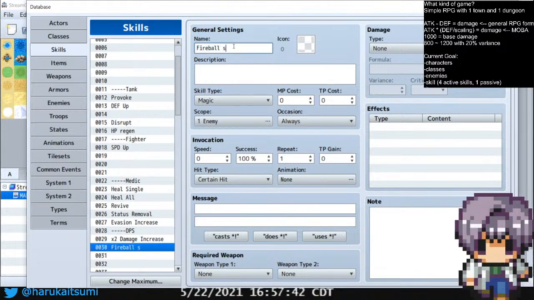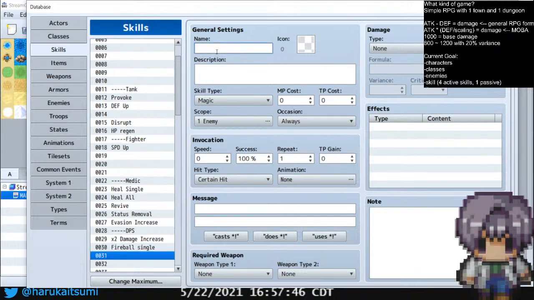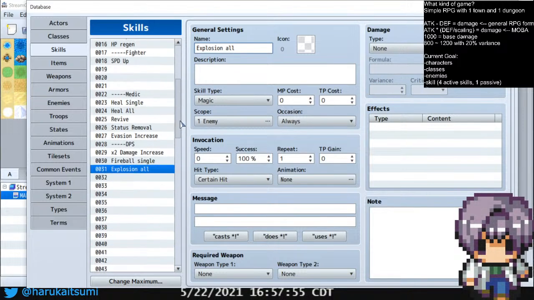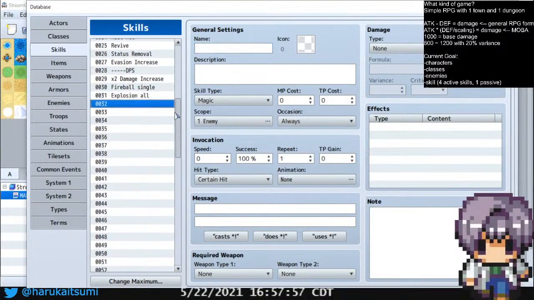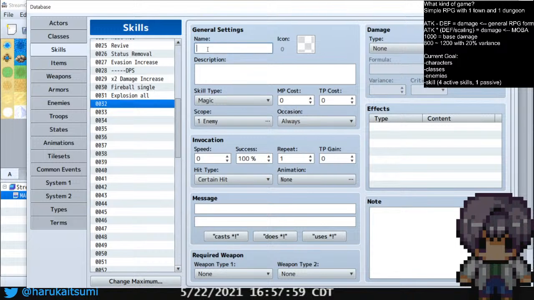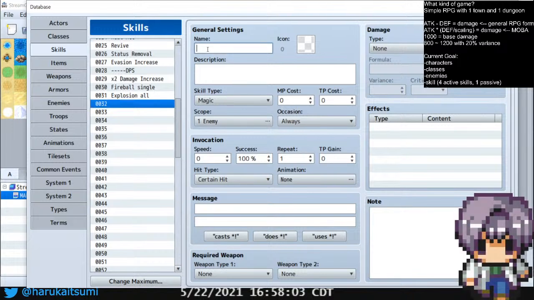So for the Fireball, it will be a single target Fireball. And this would be like Explosion, which targets all. So you can kind of do it that way. And then you could also do something like